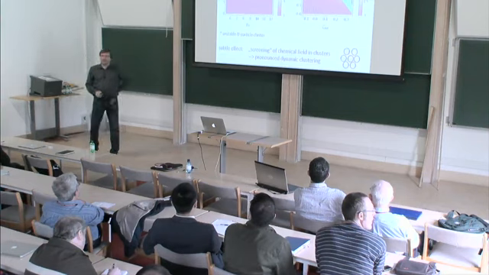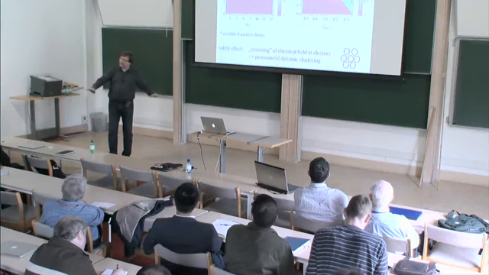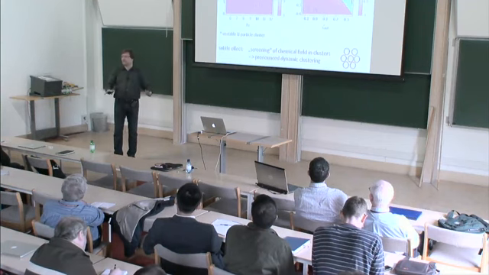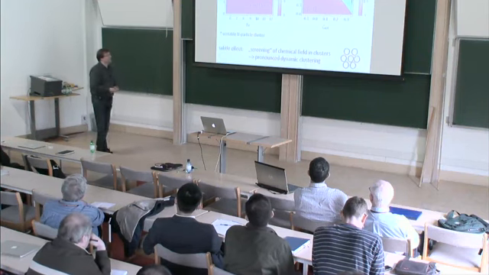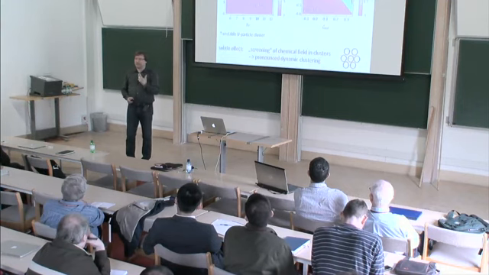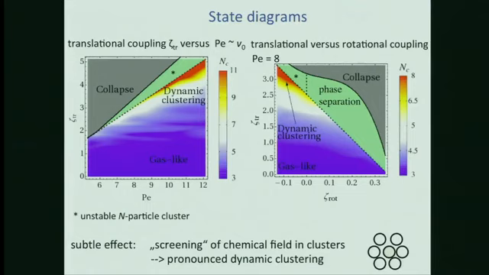So remember, we have this chemical field which decays because it's static. It decays with 1/r. So every particle carries around with itself a chemical concentration field which decays with 1/r. If we just do that and also keep this 1/r dependence in the clusters, etc., we don't see this pronounced dynamic clustering. We see clusters which come up to maybe 4.5 or 5, and then we immediately go to the collapse. And this is what we know also from chemotactic collapse in bacterial systems,